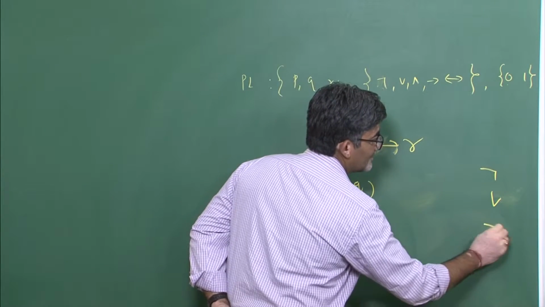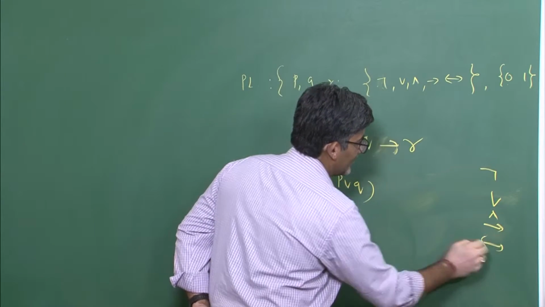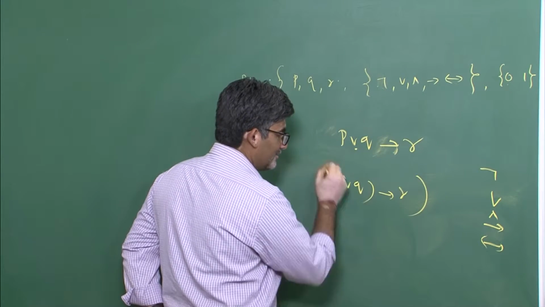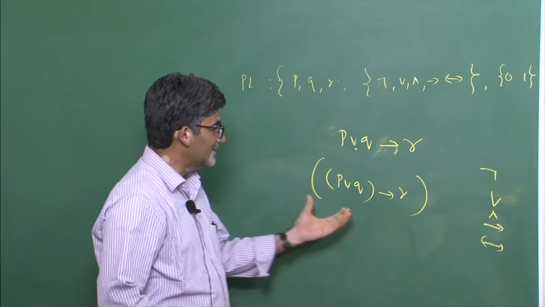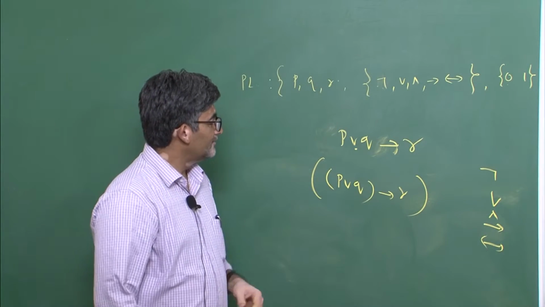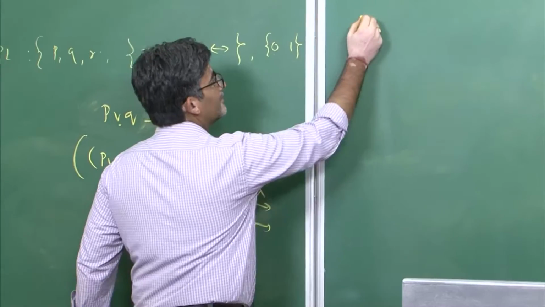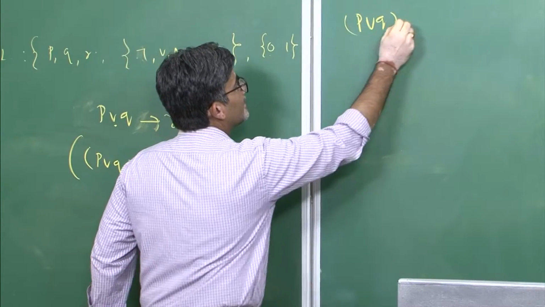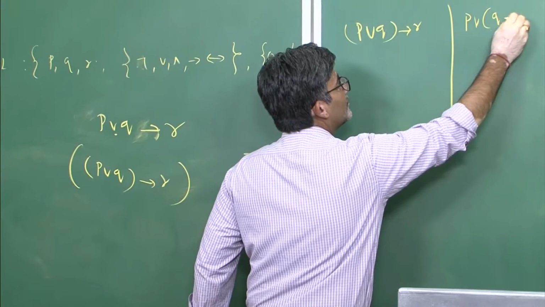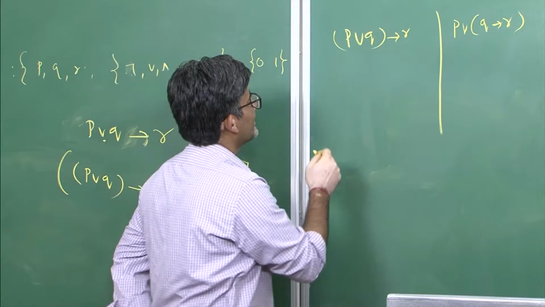Now the next preference should be given to and, which is not there here, then implication and if and only if. Here we have implication, so you put a bracket here. That is the way in which you can read this particular kind of formula. These two formulas, (P ∨ Q) → R and P ∨ (Q → R), have different kinds of structure.